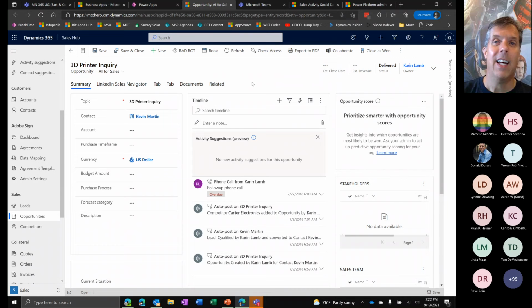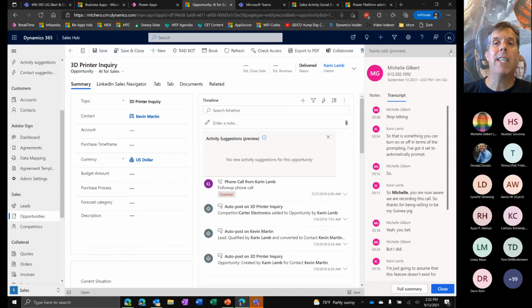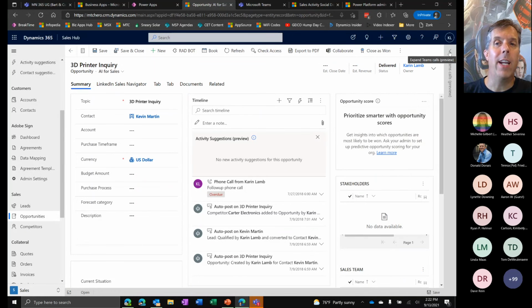The last thing that will be coming to Dynamics, and it's supposed to actually happen later this month sometime in the commercial tenants, and GCC usually gets it about 2 weeks after the commercial tenants, is that not only will we have a Teams call flyout over on the right, but we'll actually have another Teams button right by this, and you'll have a choice to say, do I want the Teams call flyout or the Teams chat flyout?